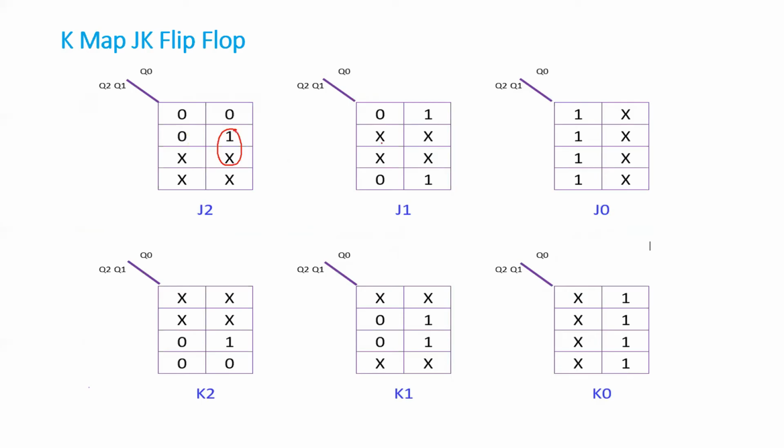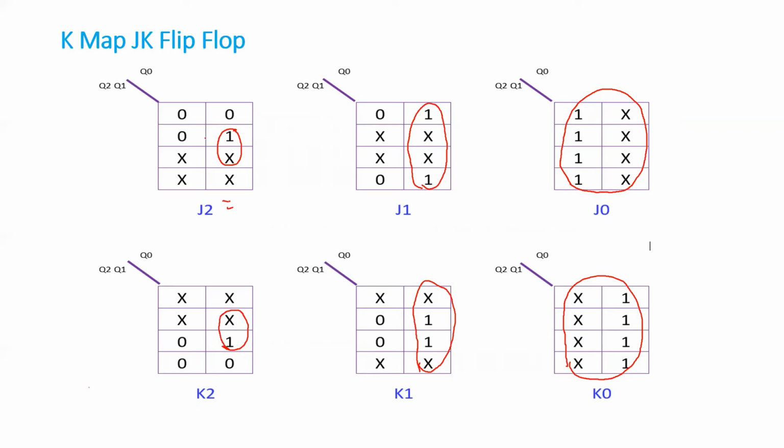So this is the first pairing. This is going to be a quad. This is going to be an octa. Here this is going to be a quad, and this is going to be this. So you will note down this. So here your 0 0, 0 1, 1 1, 1 0. So what is changing? This is constant. So Q1 is constant, and here 0 and 1, so Q0 is there.